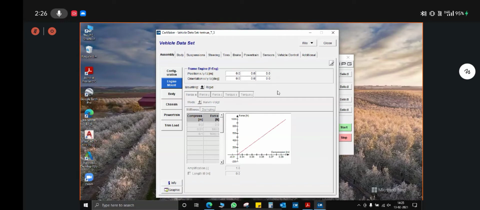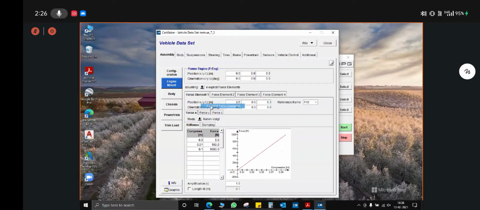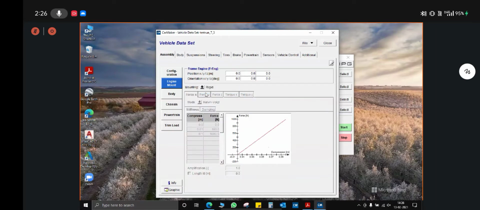So when you select the rigid, then there is no need to put any of the stiffness or damping values of the bushing particularly. So while initial modeling, you can just select the mounting as rigid, and afterwards, if you want to go into detail, then you can select this generalized joint force, 3 explicit or 4 explicit force elements, and then you can go on putting the stiffness and damping values at each of the force elements. And the details of this you can easily find in the reference manual or the IPG users guide. So currently I am selecting it as rigid.